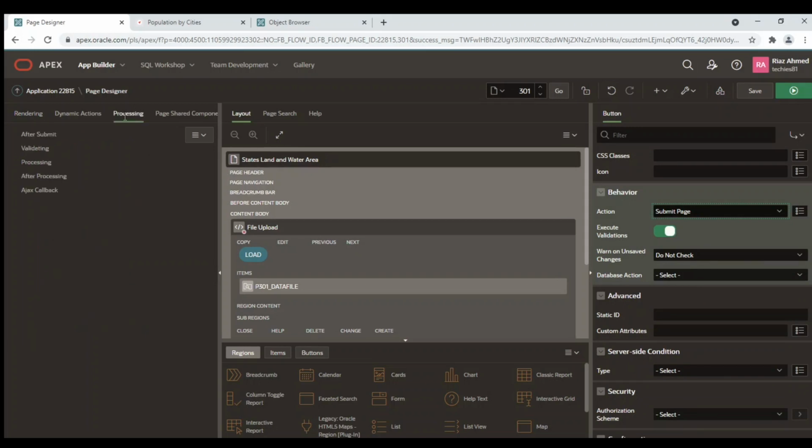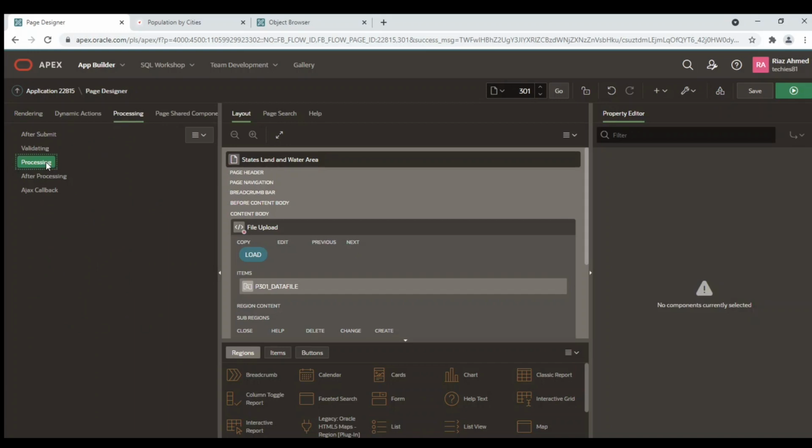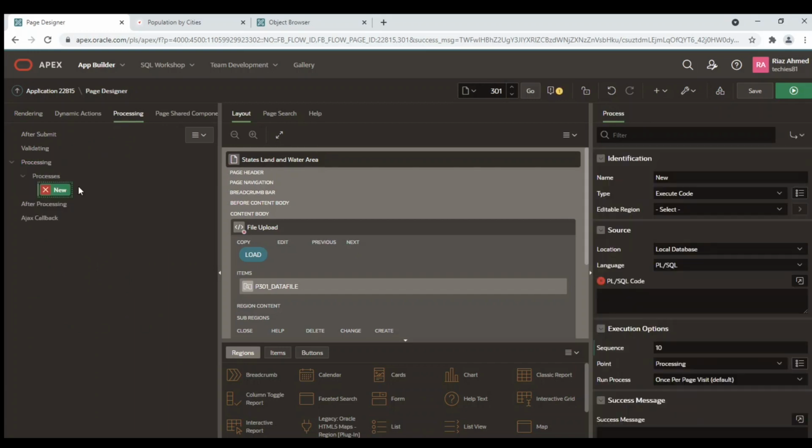Add a process to the page. The PL/SQL code in this process will call the Land Water Data procedure to upload the data. Recall that this procedure was created through a SQL script file.